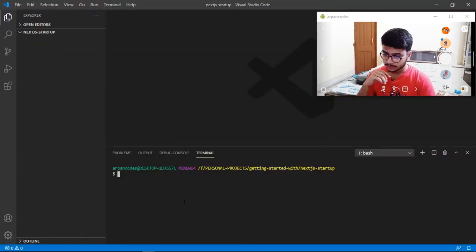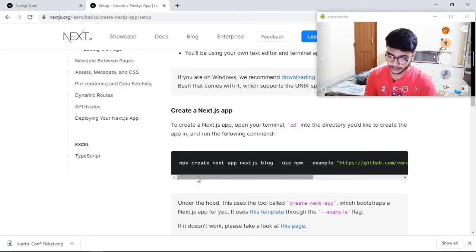Dark Plus. Okay, let's keep this only. I don't mind keeping it the default one. Okay, so we have to